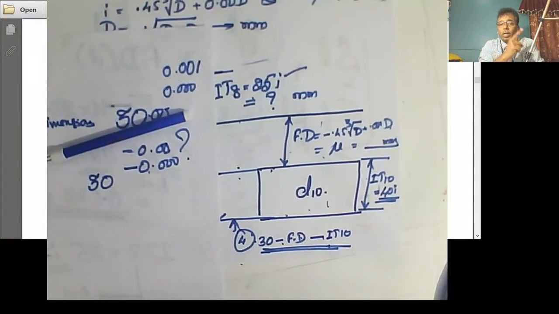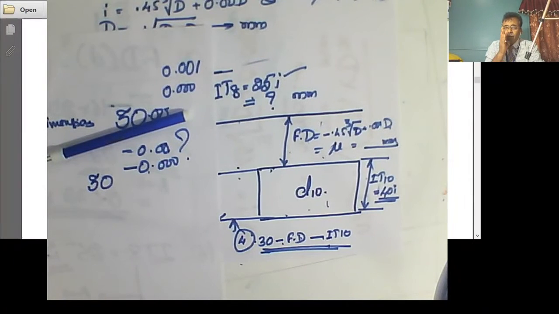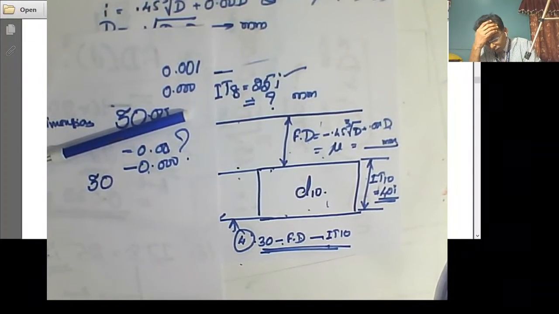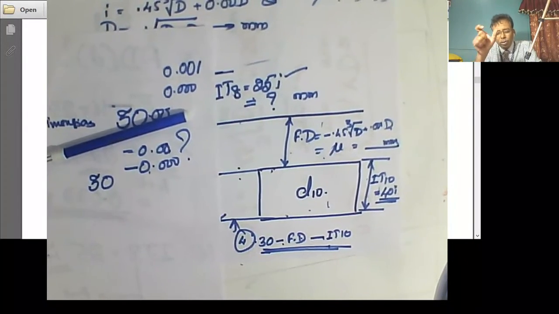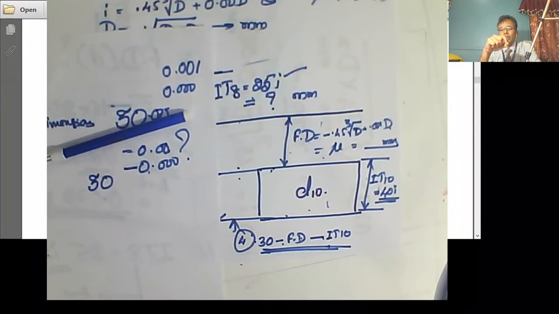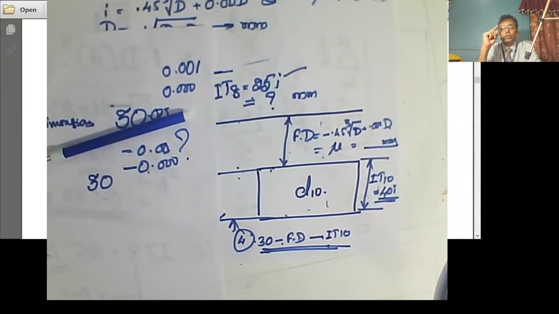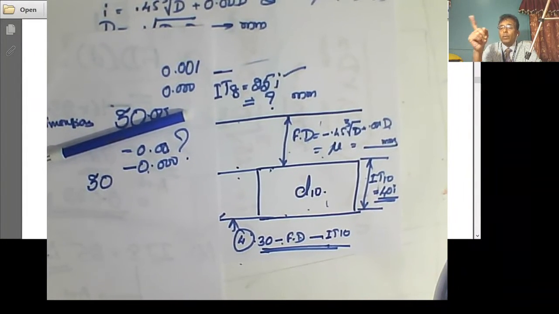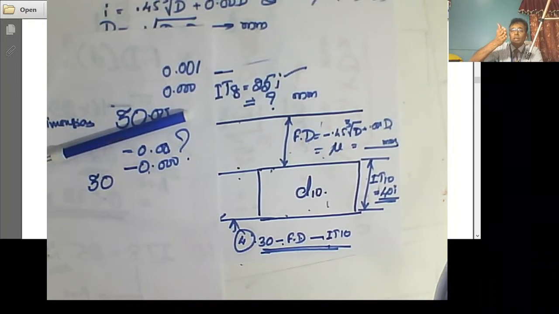We use the previous diametral step when the diameter is exactly at the juncture of 2 values, that is 1 to 3, 3 to 6, 6 to 10, 10 to 18, 18 to 30. If the value is either 18 or 30 or 50, 30 to 50 or 80, we use the previous step. I think the point is very clear now. We have to take the previous diameter. Yeah, Anant, you are right. We have to consider that if it is exactly falling on the line.